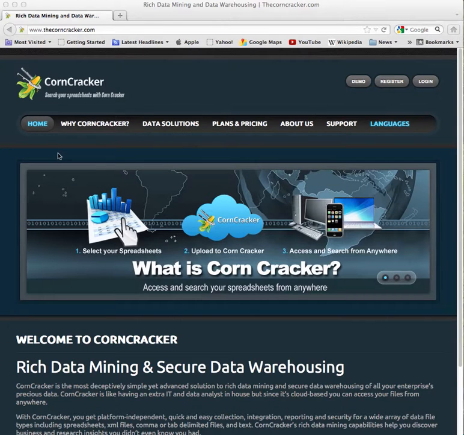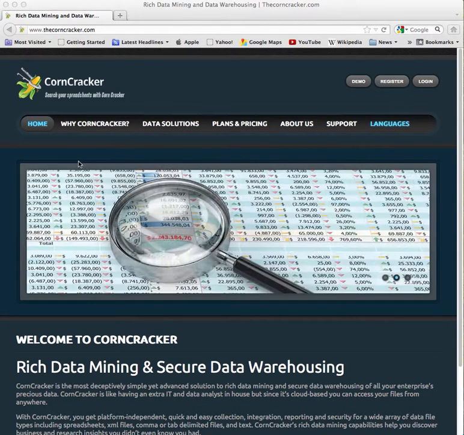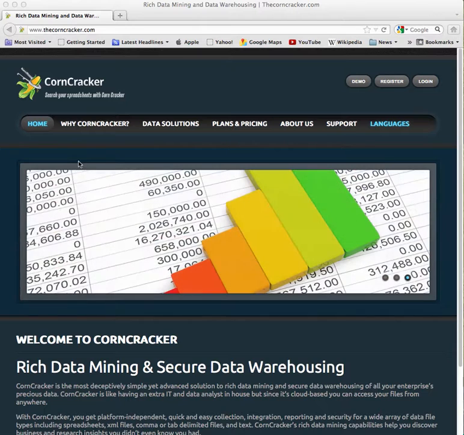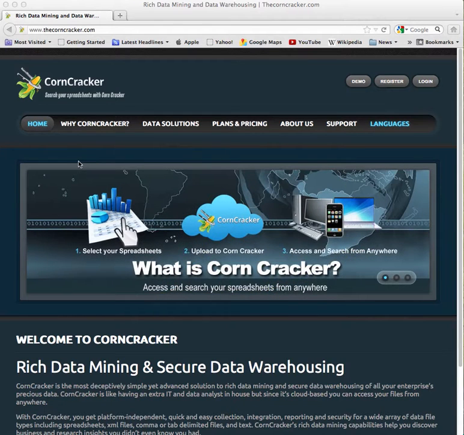Welcome to Corncracker. What is Corncracker? Corncracker is a web application delivered as a service that provides rich data mining and secure data warehousing for all of your spreadsheet and tabular data. You can even search for data across multiple files and multiple file types. The data can be